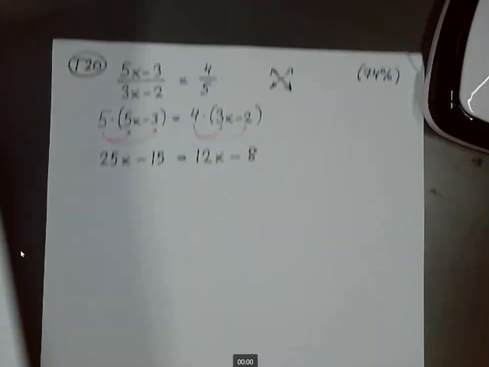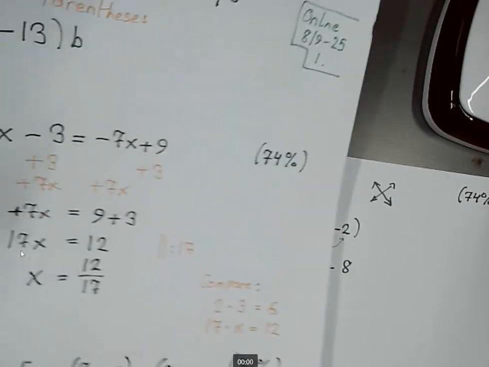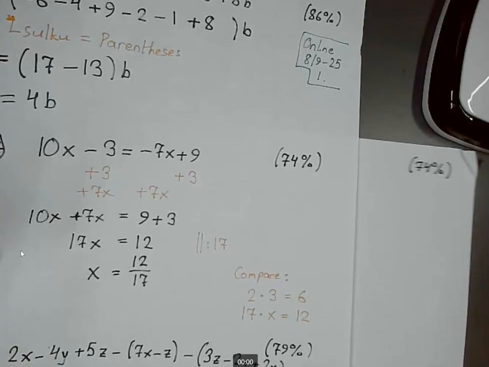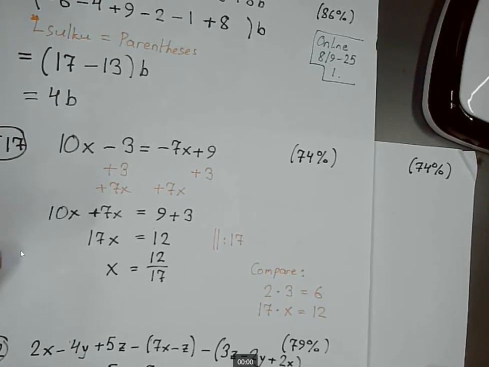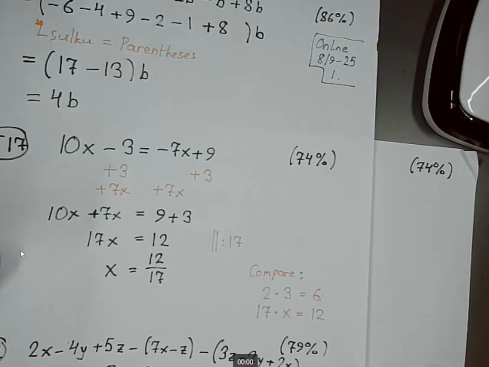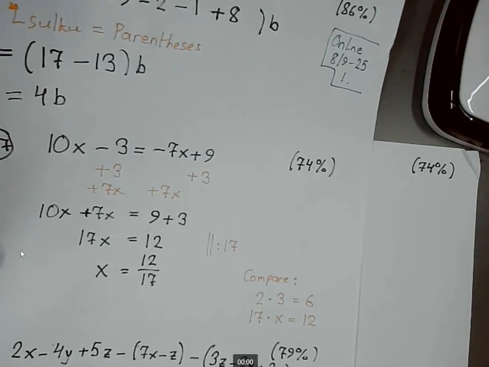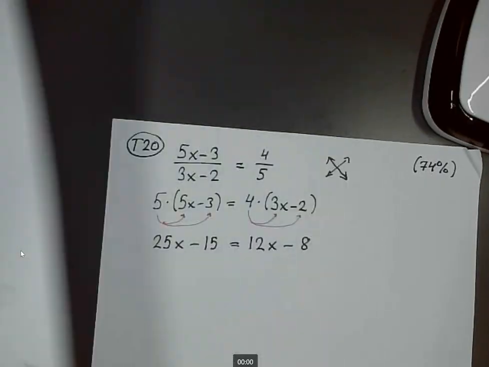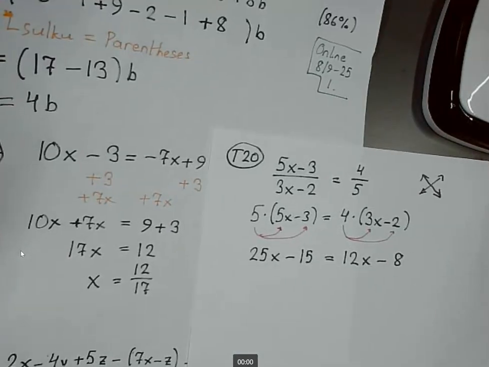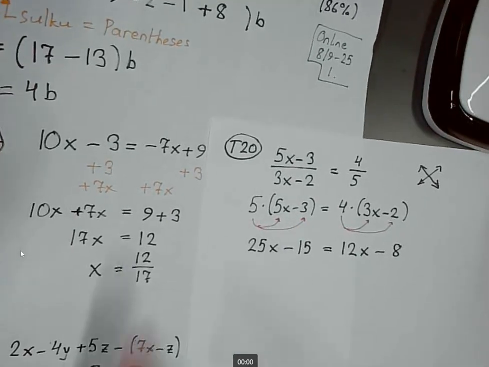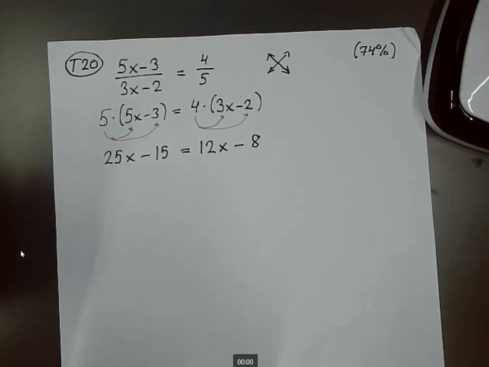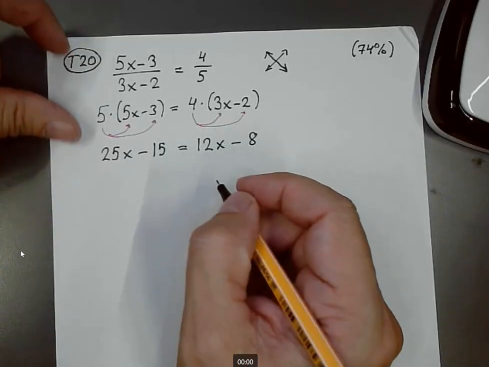It is funny that both these problems had 74%. So about three of the 4 students could solve both equations. Probably the same students, because if I compare these, I would say this is still a harder problem than this. This problem actually starts with this line. But then we arrange to